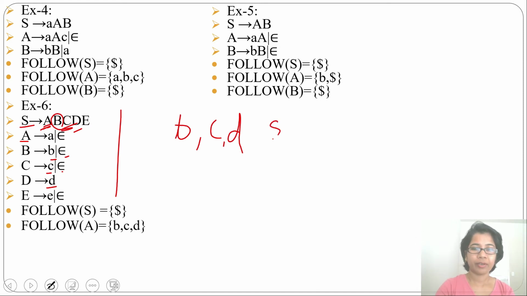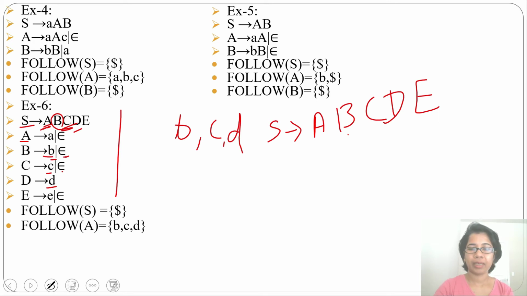Just understand, from S you can derive A, B, C, D, E. Now in place of B you can substitute B or epsilon. So it will be A, B, C, D, E. Or you can say in place of B you will substitute epsilon.